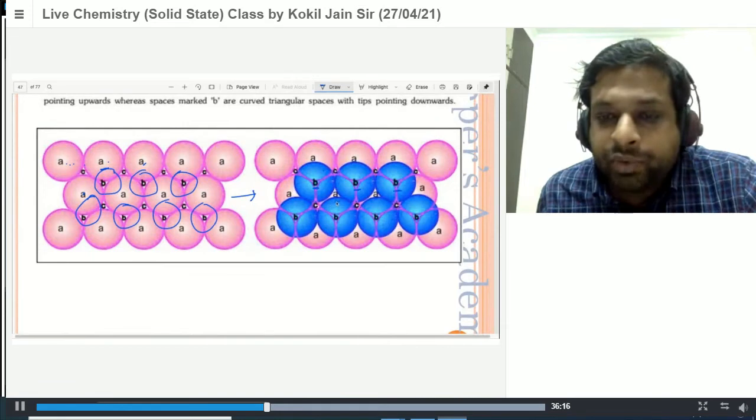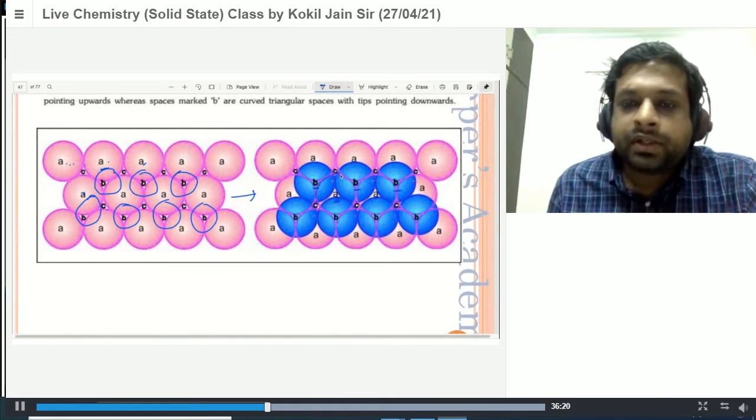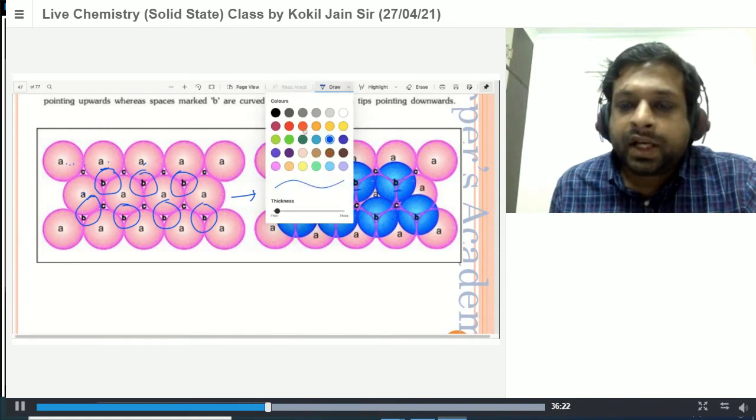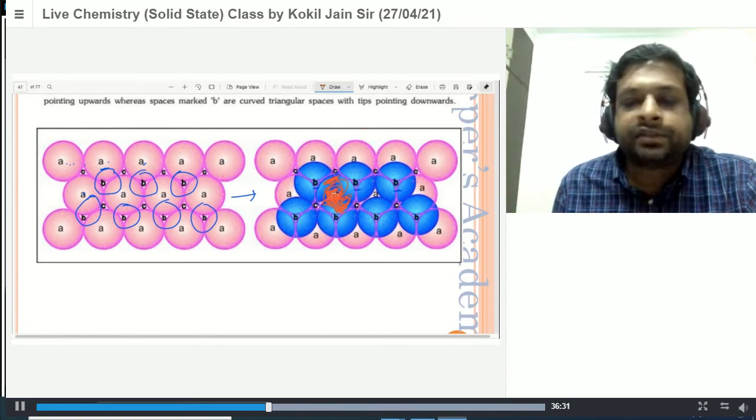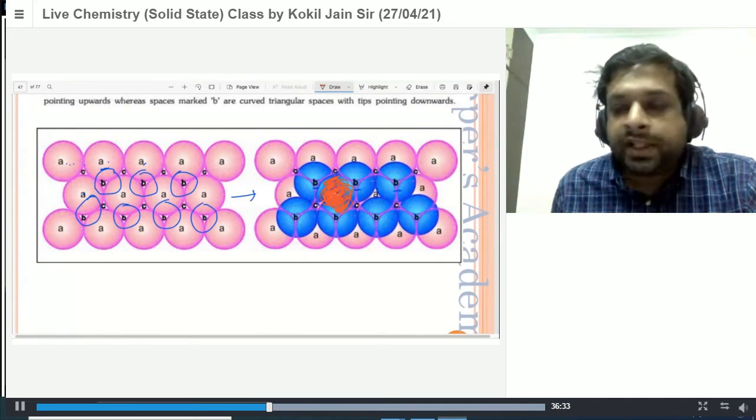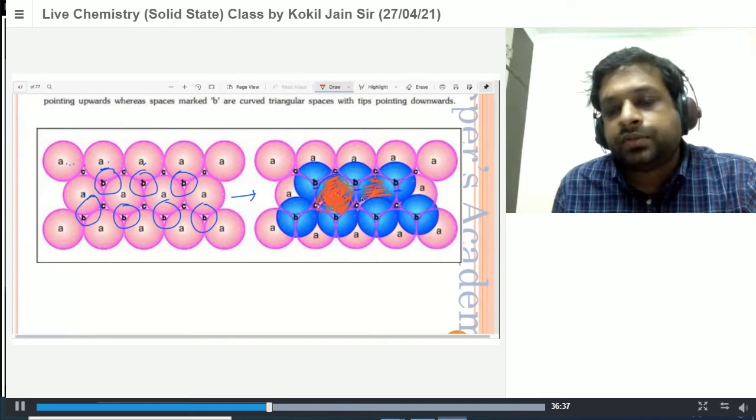Do you see the A position here? I'm going to put another sphere on the A side, because that will be more stable and have lower energy. I'm putting it in red color. Now in this case, two things you should notice here. From the earlier arrangement, this is our square close packing, SCP. I'm writing it here. Similarly, the next one here is square close packing, SCP.